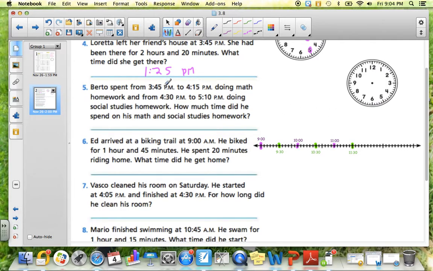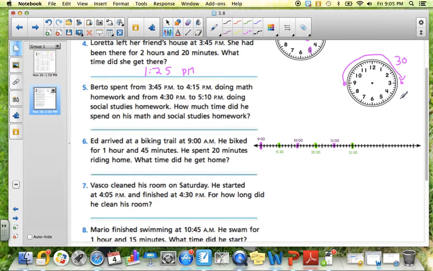So he spent from 3:45 to 4:15. So I'm going to count the minutes right here from this would be 45 on the clock in minute time, and this would be 15 on the clock in minute time. So we're going to go all the way around here. So when we count by fives, all of these numbers, we get 30 minutes. And then we are also going to count